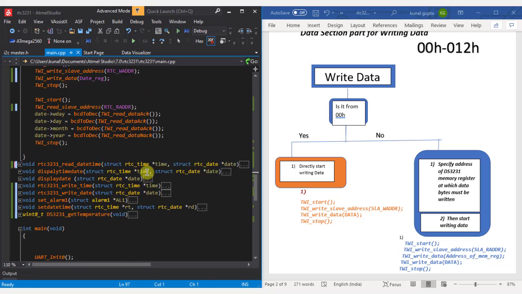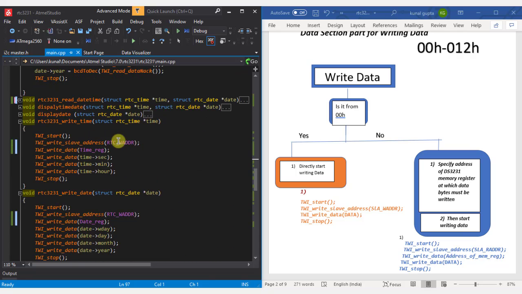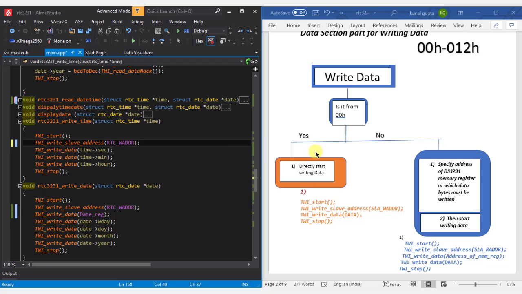Like in the case of set time, reading the time starts from the 00h register. So directly we will write the slave address with the write operation bit, and then we will directly write data of the number of bytes we want, and automatically our location will be incremented by 1.